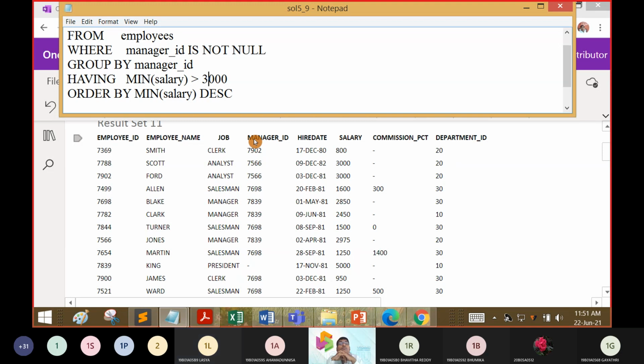On which field? The salary field. Minimum is a function. Field name is salary there.